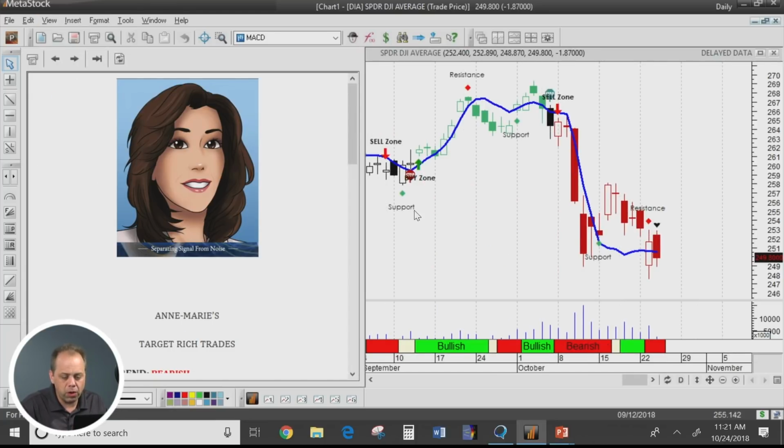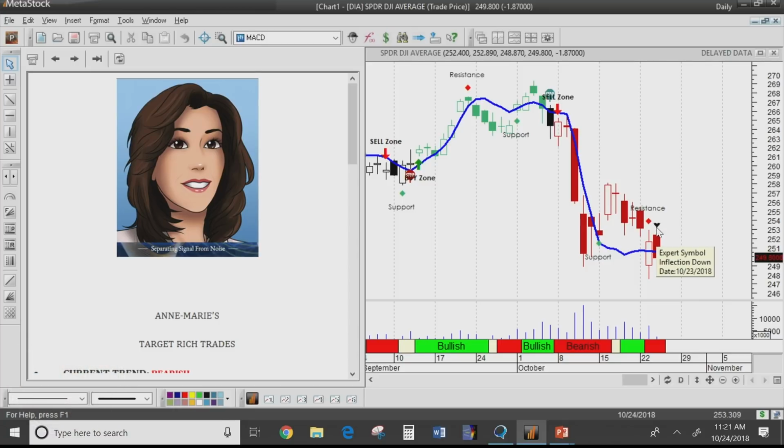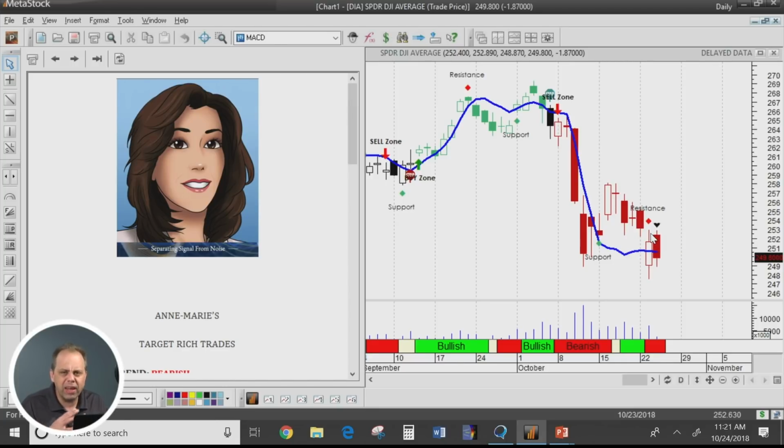And right here, what you'll notice is as soon as we load that up, of course, MetaStock's going to stay focused on the far right edge, or the hard right edge right here. So this is the day that it's analyzing currently. But I want to go back to this recent buy zone and give you an idea of the